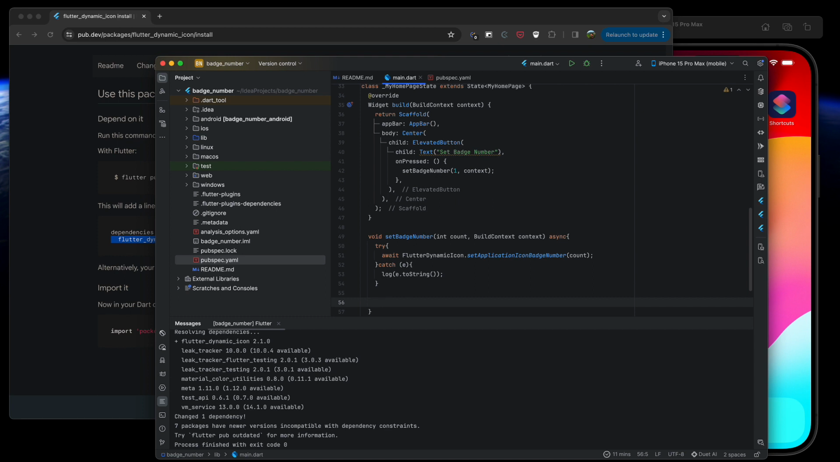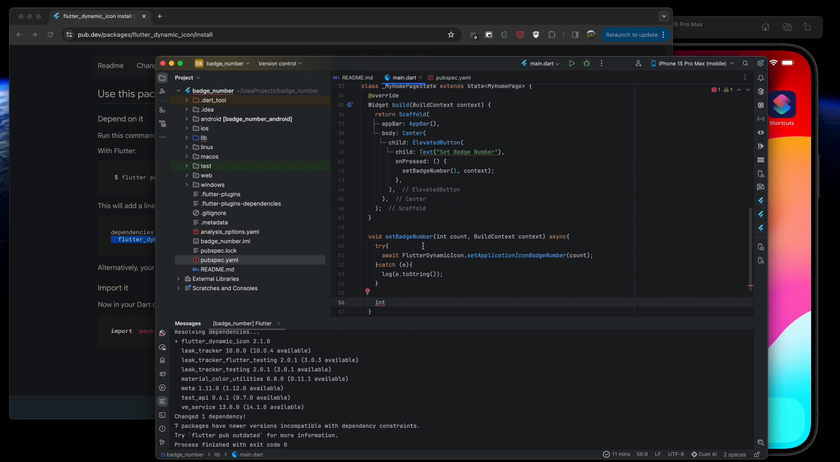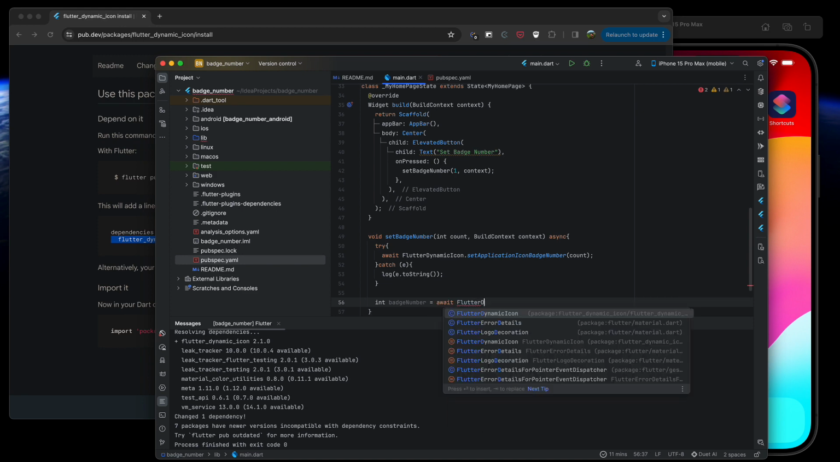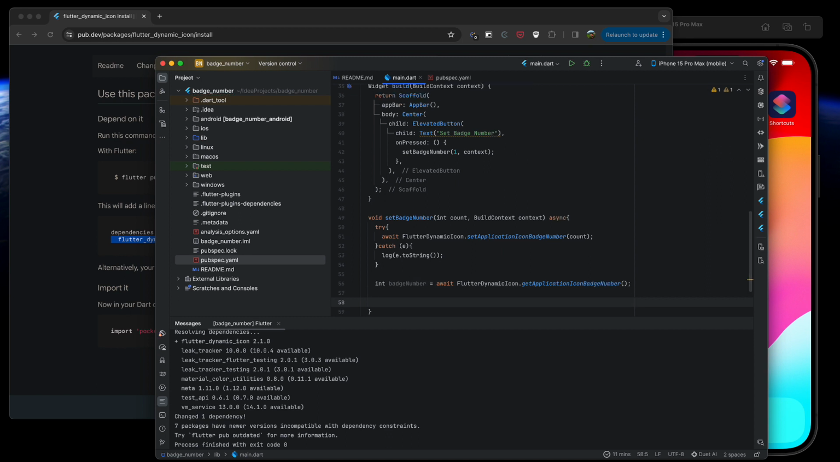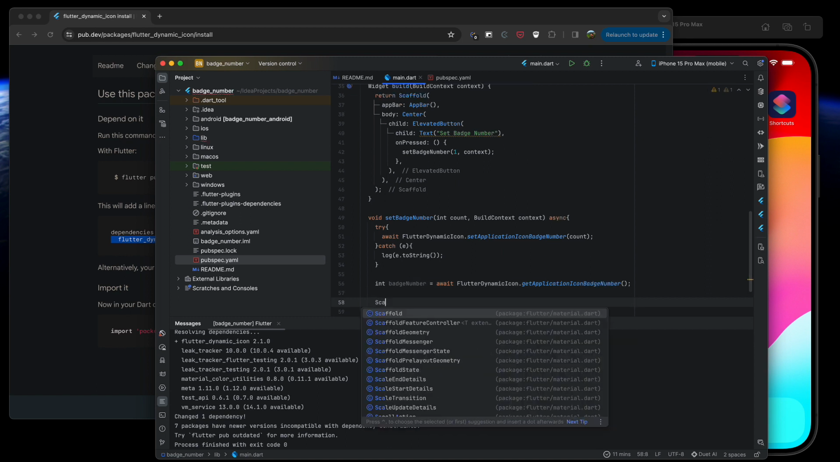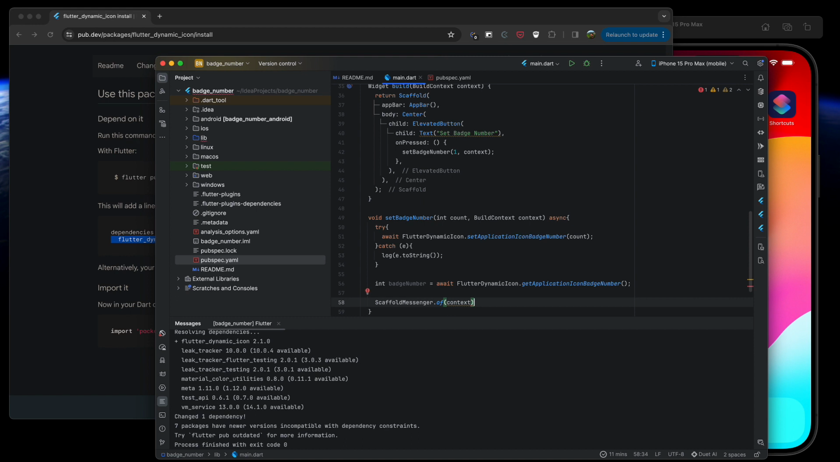Now for showing the user, I'm going to get the badge from the Flutter dynamic icon. So I'm going to say I want badge number. I'm getting it from FlutterDynamicIcon.getApplicationIconBadgeNumber, and I want to show it as a snack bar message. ScaffoldMessenger.of(context).showSnackBar,